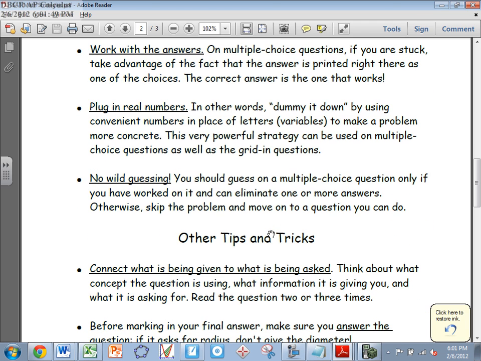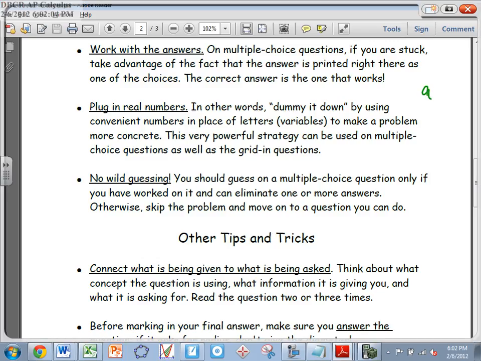Work with the answers. If you have a multiple choice, there are times where you might want to plug them in. So please try that. Try plugging them in. If the multiple choice don't seem to work, or the multiple choice answers are variables, so A, B, C, D, and E, let's say the multiple choices are 2x, 3x, 4x, negative 2x, and x squared. And let's say the problem in the beginning was to simplify. And the problem said, what is the value of